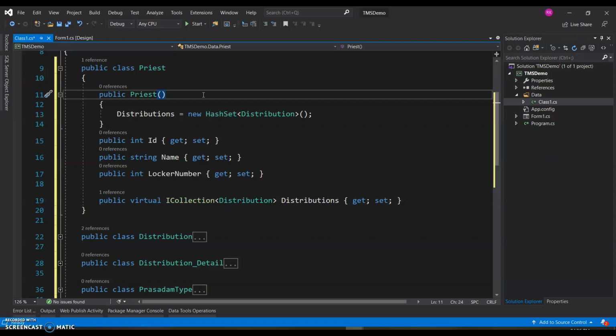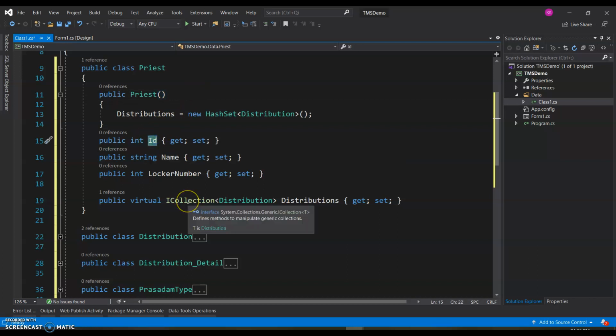So we'll see. There are times where we'll have to go with configurations as well. So right now, ID here would automatically imply to Entity Framework, when it builds and starts generating the database creation queries, that this is the primary key and we don't have to explicitly say anything for it.